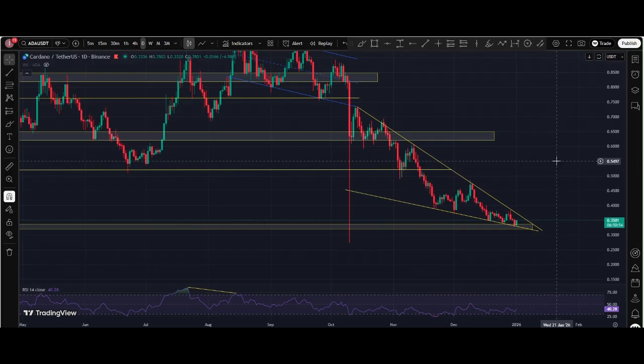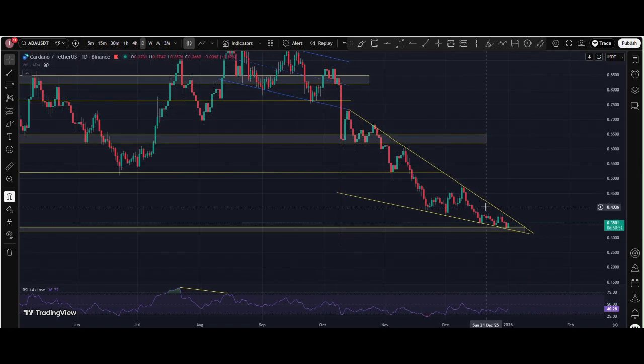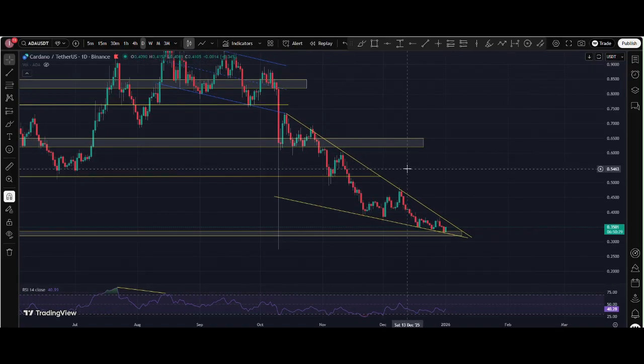Actually, you can see a triangle pattern. There is a descending... That is a falling wedge pattern, not a triangle pattern. This is a falling wedge pattern, and you can see a